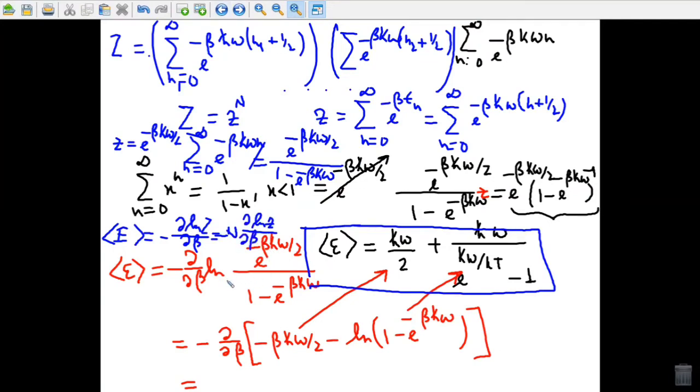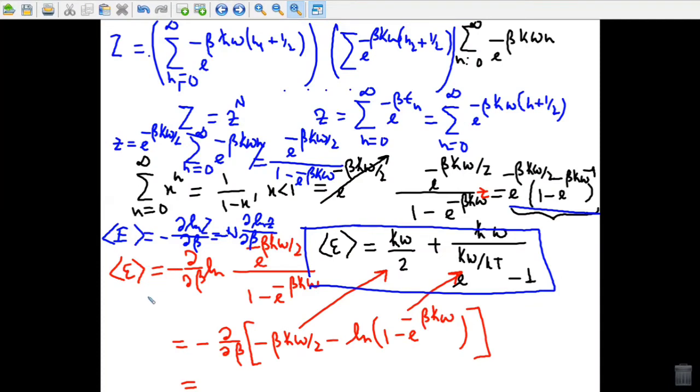So if I calculate the partition function for a single oscillator small z, which is nothing but e to the power minus beta h cut omega divided by 2, times 1 minus e to the power minus beta h cut omega to the power minus 1,